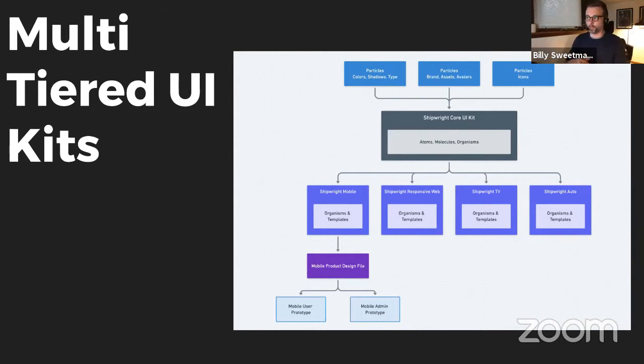And that might be up at the very top where you can see colors, shadow, type styles. We might also have one that's called brand assets. So that might be photography, avatars, logos. Another one might be an icon library that we're using. Then our core UI kit, which you saw an example for, would ingest all of those. And there we would build out things like input fields, buttons,